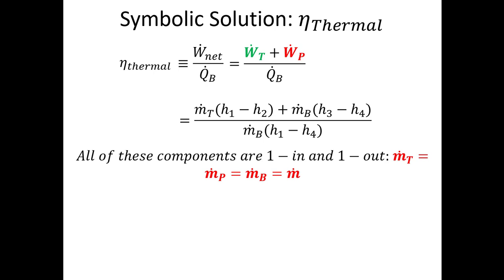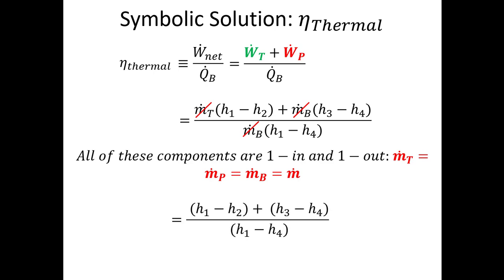Now, the nice thing about this particular Rankine cycle is that the mass flow rate doesn't split anywhere, so all the mass flow rates in this term will drop out because there's a mass flow rate that's a function of all the terms in the denominator and also all the terms in the numerator. So the mass flow rates drop out, and I'm left with this equation, H1 minus H2 plus H3 minus H4 divided by H1 minus H4. I know H1, I don't know H2, I know H3, I don't know H4, I know H1, and I don't know H4. So I have a symbolic solution, and I could get this answer if I could fix states 2